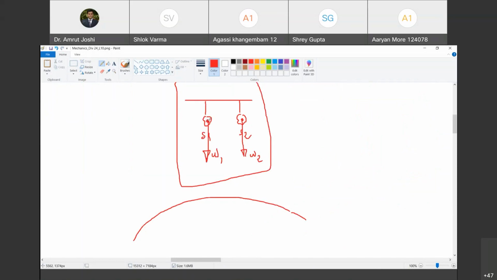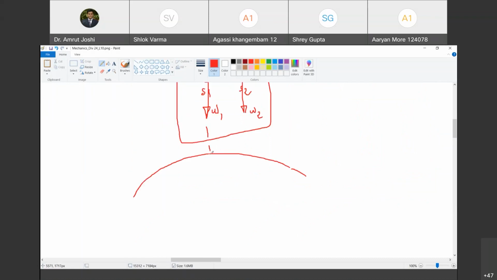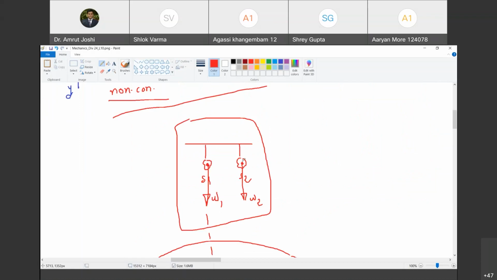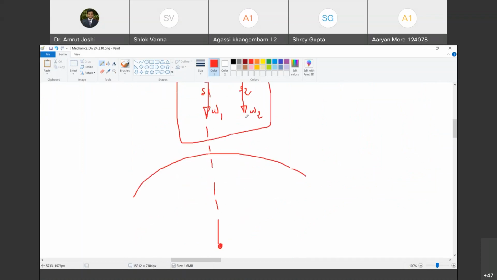It acts from the center of gravity of a point to the center of gravity of the earth. Do you agree with me? Yes, sir. Even this weight W2 is going to act from the center of gravity of this object to the center of gravity of the earth. Do you agree? Yes, sir. Therefore, if you consider all the hanging weights here, they in fact do form a concurrent force system. Are you with me? Yes, sir. Because their lines of action are going to pass through the center of gravity of the Earth.